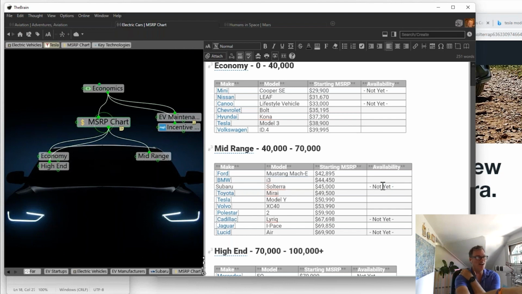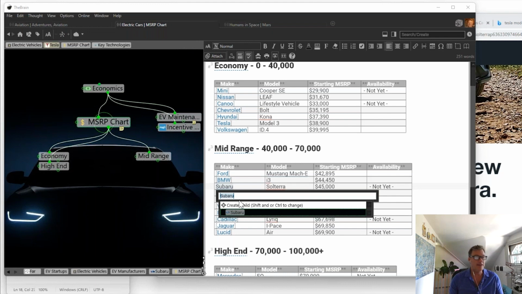There's another car company that I'm sort of following, and originally it was supposed to be available in 2020. Now they're saying 2023. So who knows, if they're saying 2023 now, it could be a few years on down the line. But I'm going to select this word and hyperlink it. And TheBrain actually helps me to find existing content that I might want to link it to. Sure, I could type in a URL there if I want to hyperlink this to